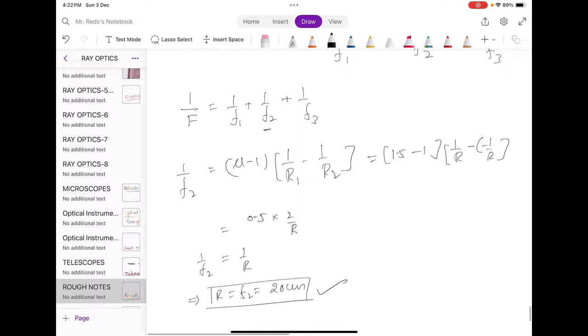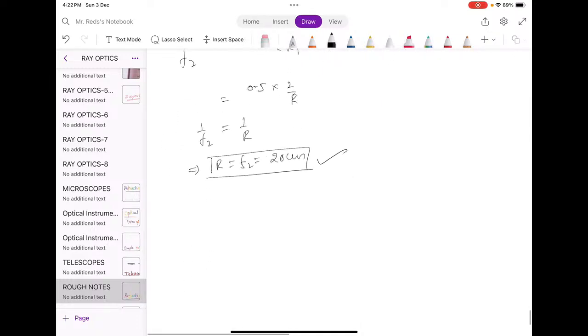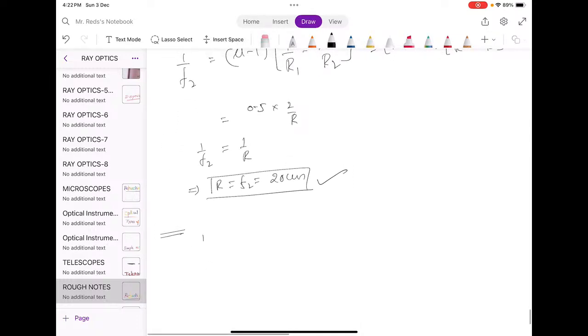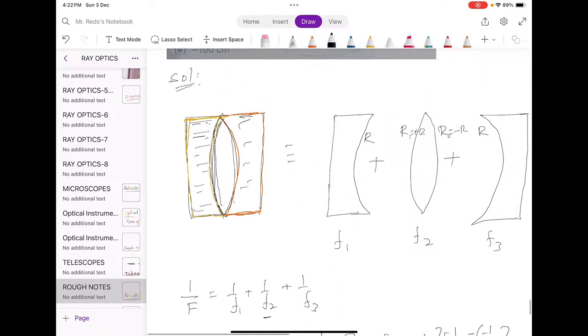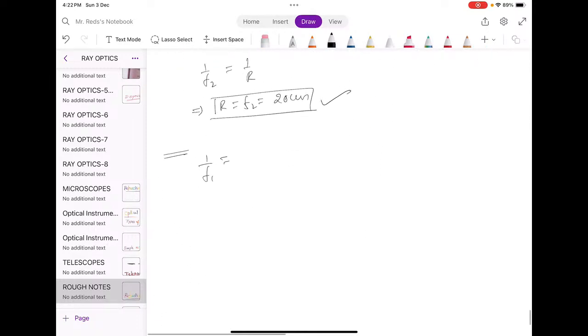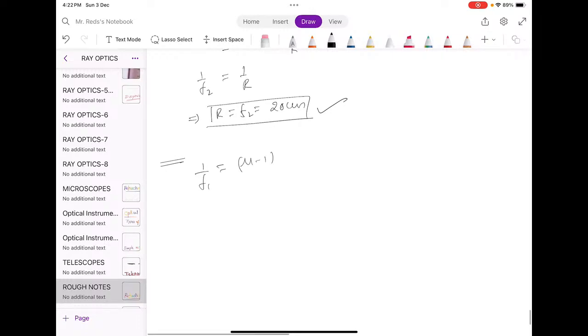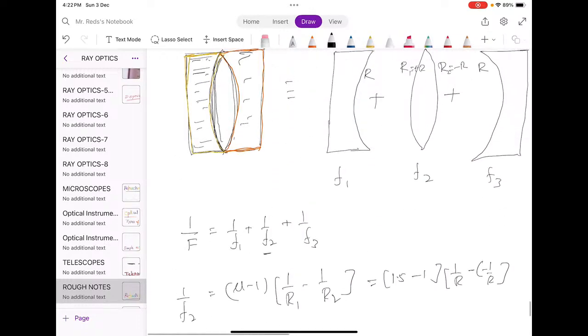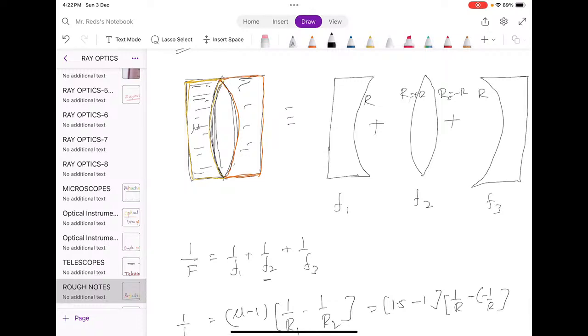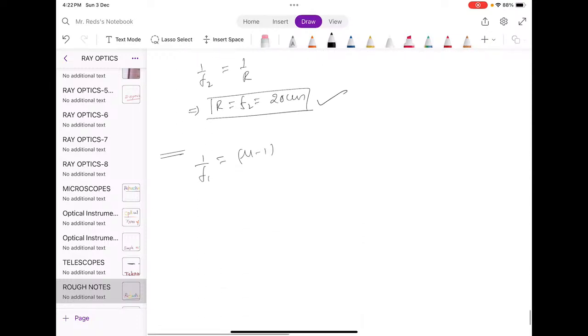Now f2 is fine, but if you know f1 and f3, then you can get the effective focal length. How to find f1? So here, to find f1, 1 by f1 is equal to, because f1 is the focal length of this plano-concave lens, mu minus 1. Here mu is the refractive index of this part, the liquid. The liquid part acts like a lens. So the refractive index of the liquid is the refractive index of the plano-convex lens part. Here the material of the plano-convex lens is nothing but liquid. So refractive index of liquid minus 1 into